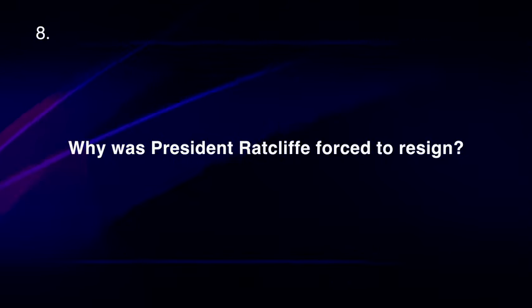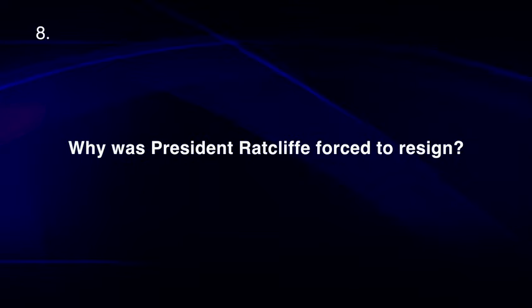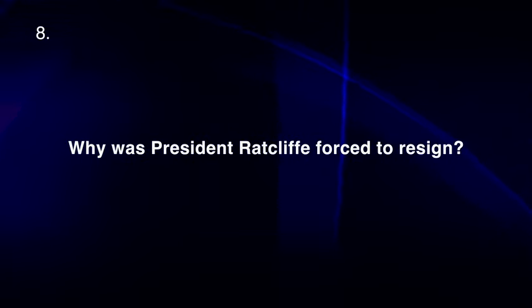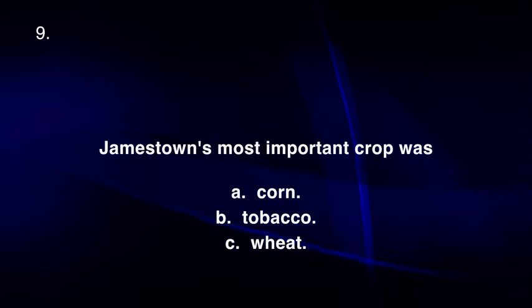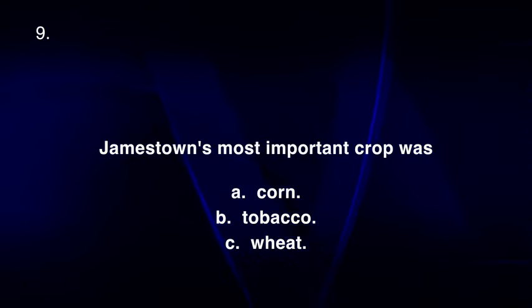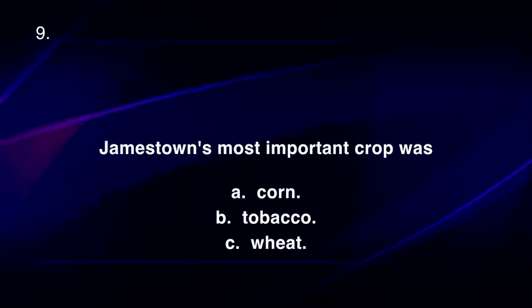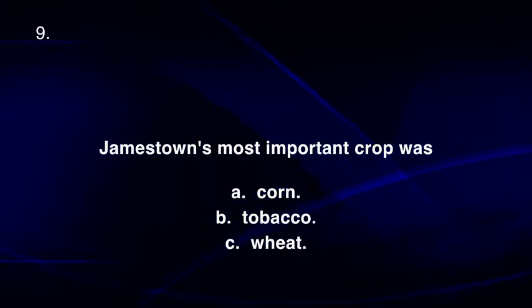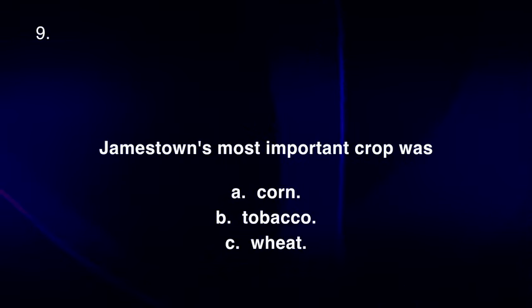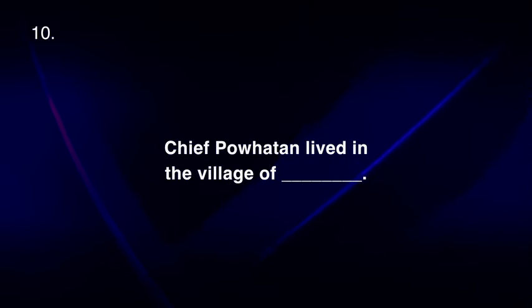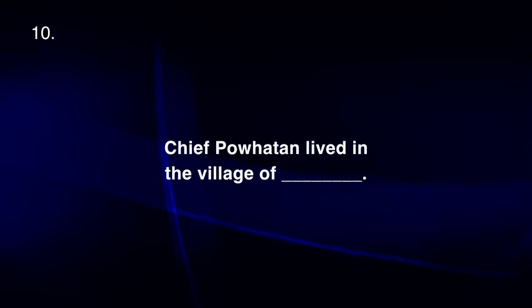Why was President Radcliffe forced to resign? Jamestown's most important crop was A. Corn, B. Tobacco, C. Wheat. Chief Powhatan lived in the village of